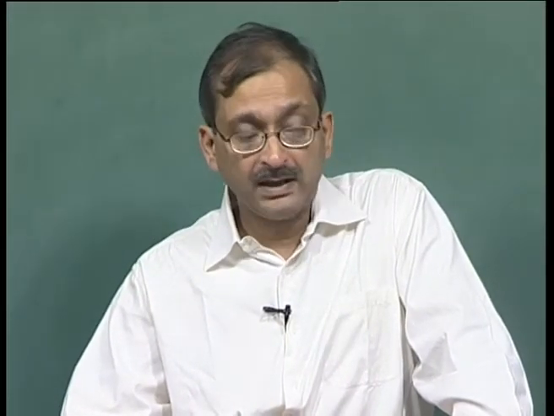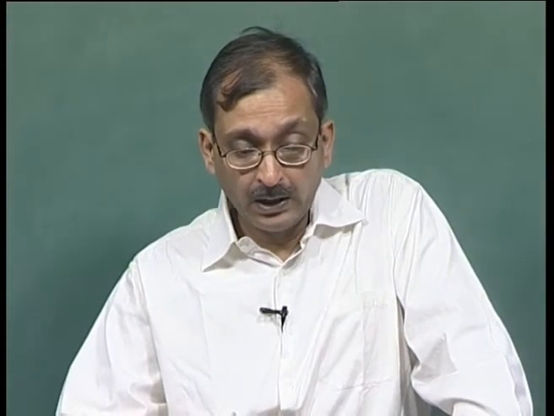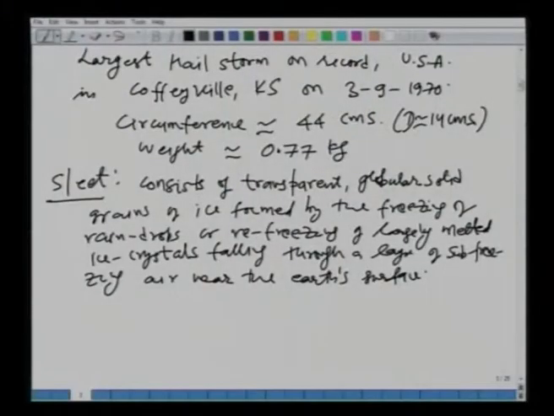Sleet is again very harmful because all your traffic will be standstill, you cannot drive, you cannot walk because of the sleet coating or ice coating on the roads and footpath and everything. So, this is also quite a dangerous form of precipitation. So, with this we see that there are many kinds or forms of precipitation which will occur in different climatic conditions in different places or at the same place in different types of conditions. So, moving further, what we will do next is look at the precipitation characteristics in India, but before I go to that I would like to look at what is called artificial rainfall.